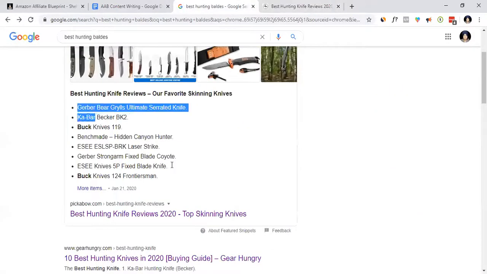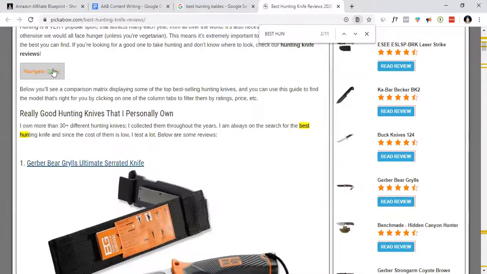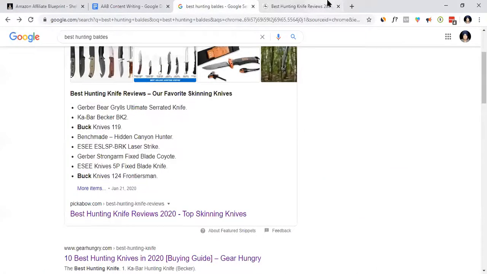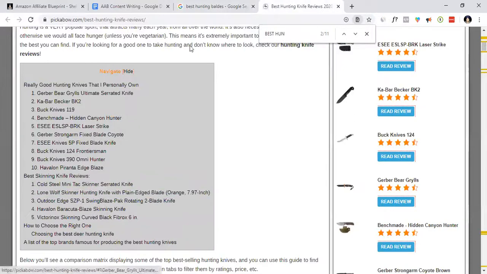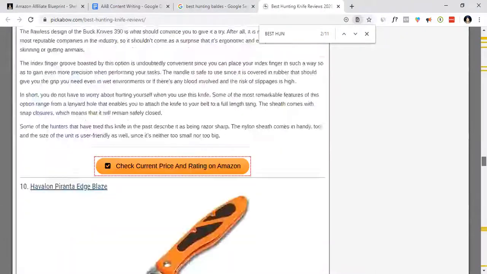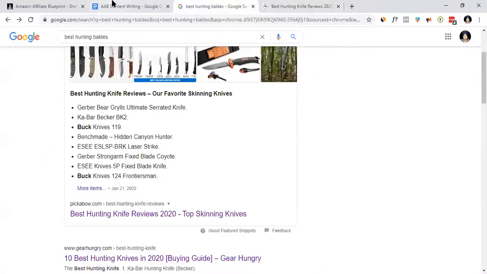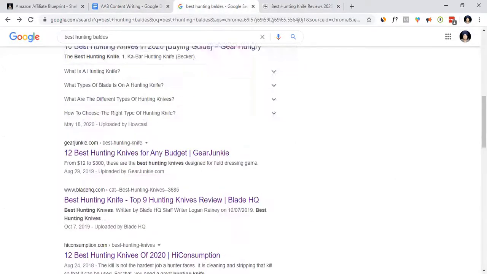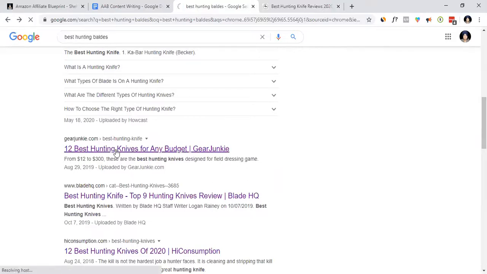Or what you can do, if you want this, you can just generate a table of contents. That is also helpful for this. As you can see, these are all the things that are displayed over there. Also, if you are using a table, that also goes into featured snippets. You can research more about that, but these are the things that you need to do. Image pack is not in our control, so these are the things that you can do. And the story in the paragraph, as you can see, everyone may be having a story. Like Ear Angry did not have a story, they just display some facts.